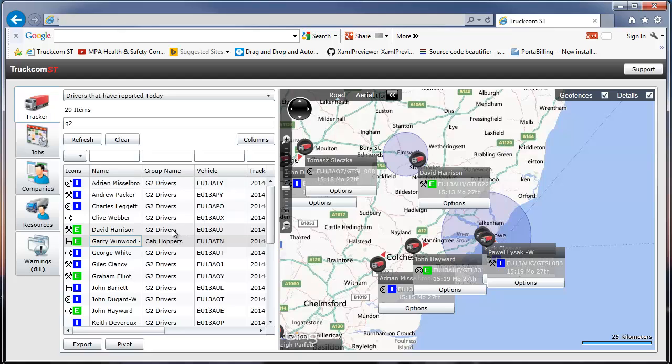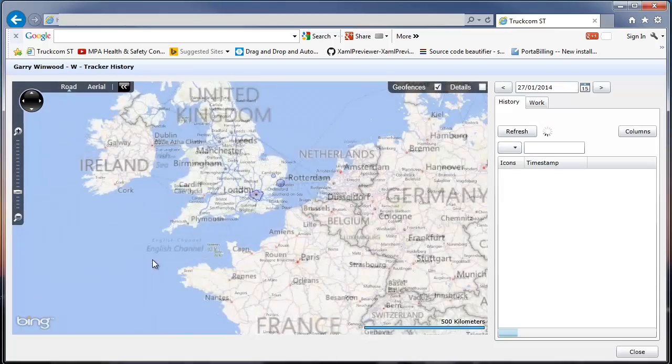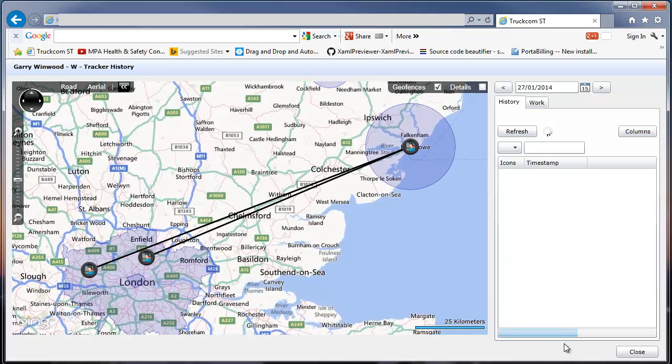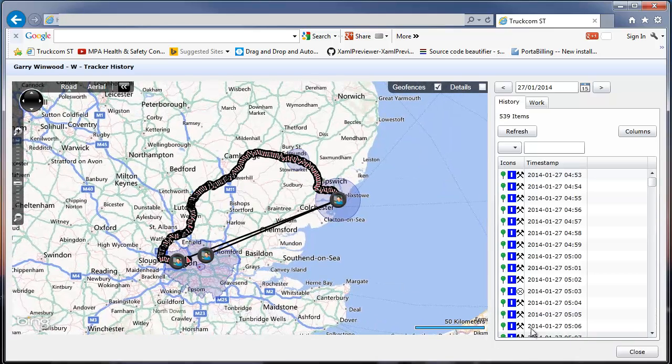the final thing I'll show you just on this screen is it's possible to see the history of what each driver has been doing. If I just show tracker history, you'll see it's loading down here on the right, and then we can see what the driver has actually done today, and you can see we get a trail of what he's done, where he's been today,